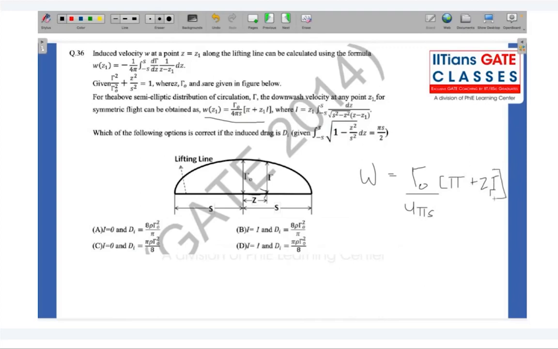And where I is an integral they have given over here, the integral from minus S to plus S, dz by S squared minus z squared into z minus z1. All right. And which of the following options is correct if the induced drag is Di given as